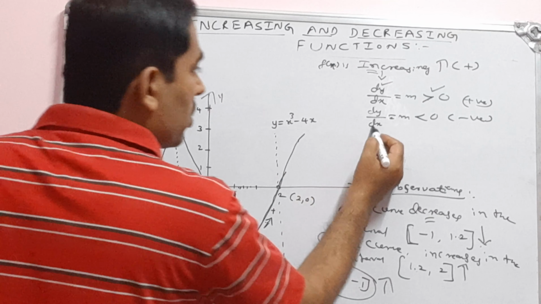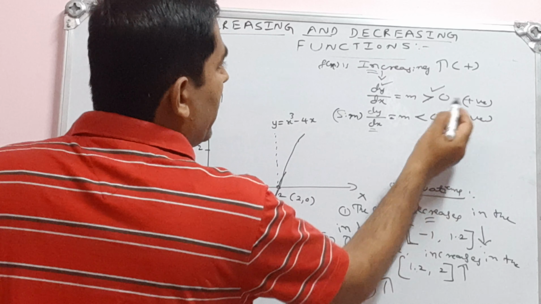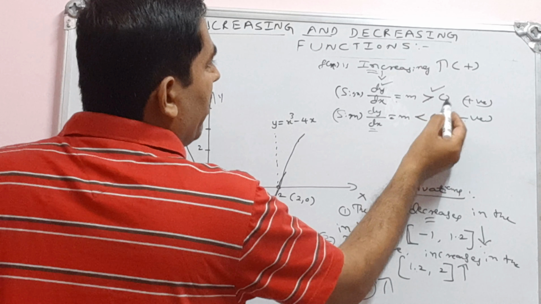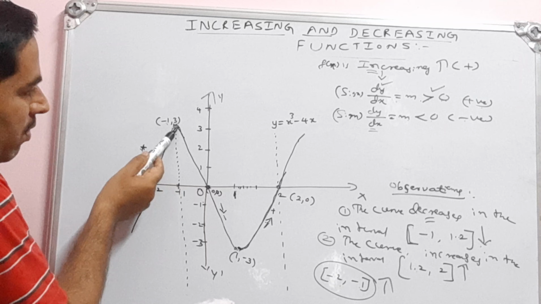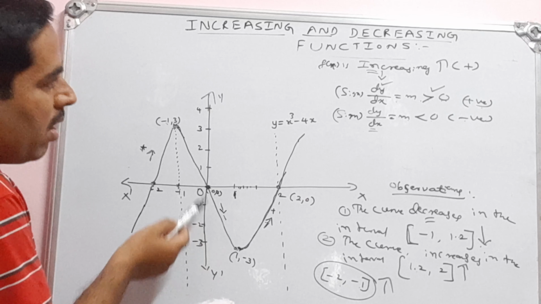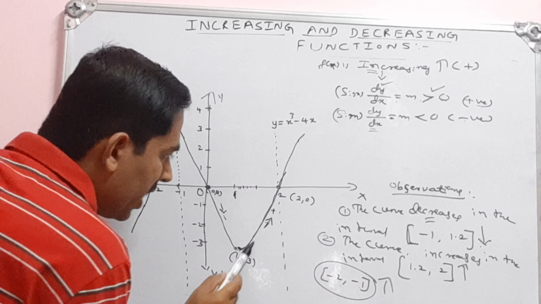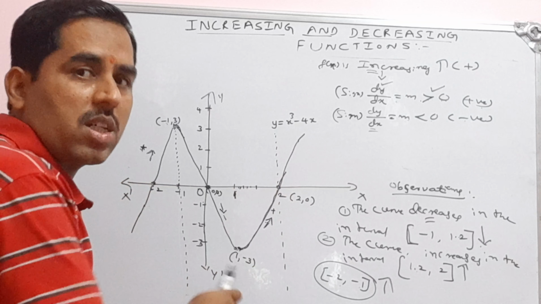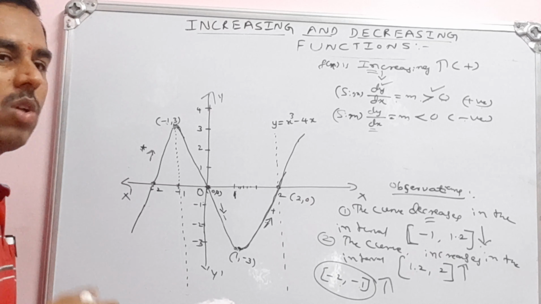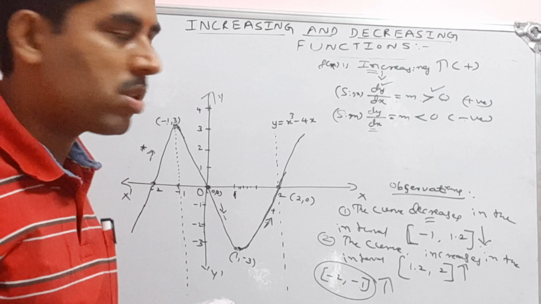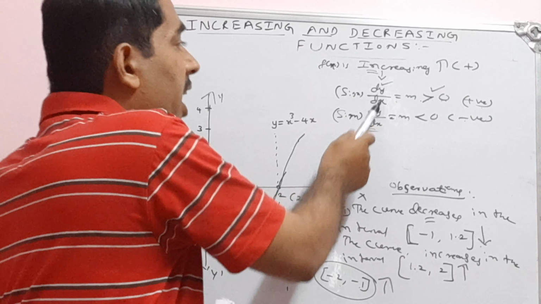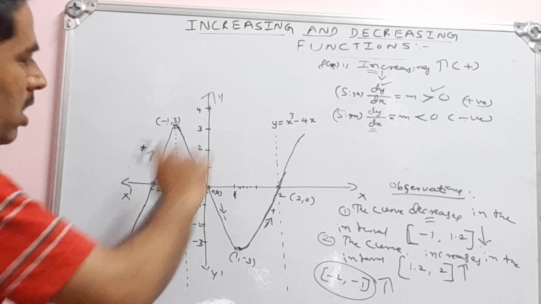I am talking about the sign of the derivative. If m is greater than 0, it is positive, then increasing. Decreasing means slope is less than 0. From this point to this point the slope is negative, so the function is decreasing. Then again here the slope is positive, so the function is increasing. A constant function means slope is 0. In this way we can use the derivative. That's why, in applications of derivatives, we use derivatives to determine whether the function is increasing or decreasing. I have taken one simple example and explained this increasing and